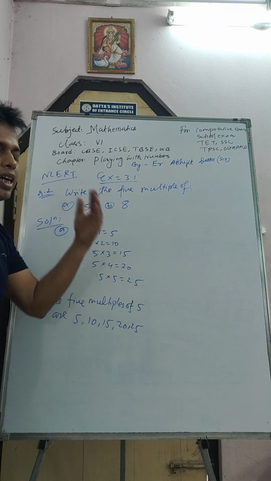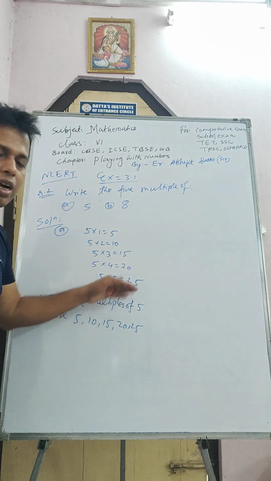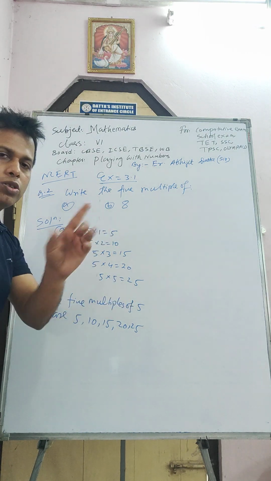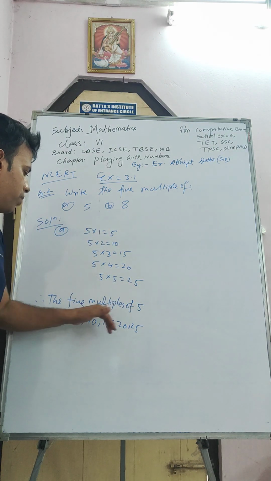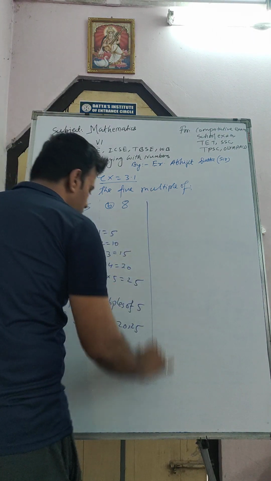Okay, if they ask for 7 multiples, you just multiply 5 into 6 and 5 into 7, up to 7. Okay, from 1 to 7. So the 5 multiples of 5 are 5, 10, 15, 20, 25. Okay, now